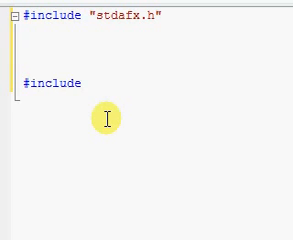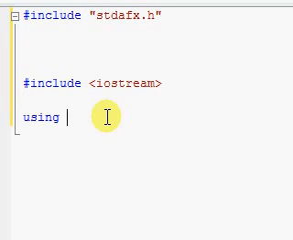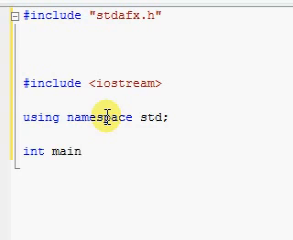#include, opening triangular brackets, iostream, closing triangular brackets. using namespace std; int main, opening and closing parentheses, opening brace,